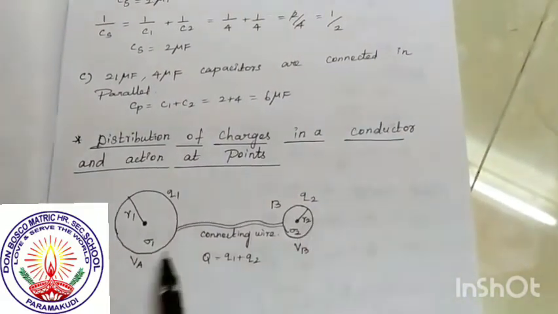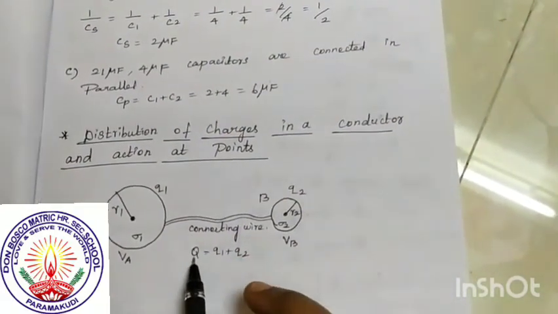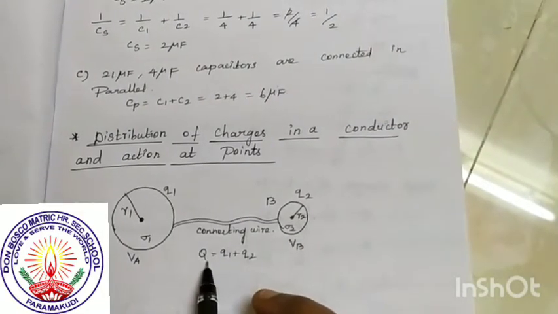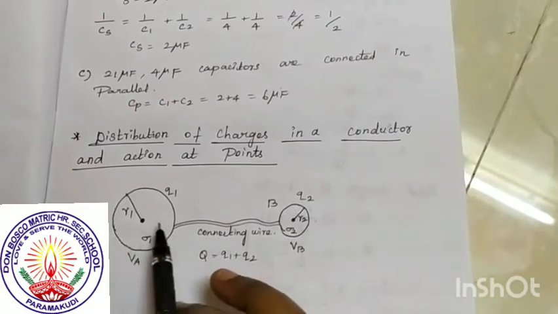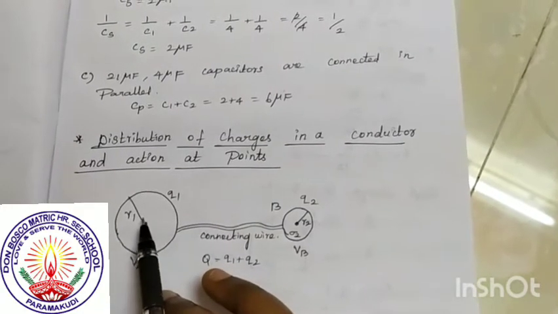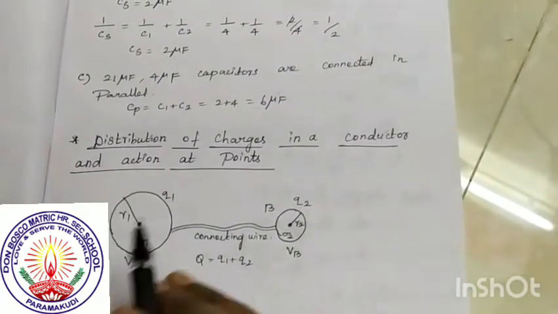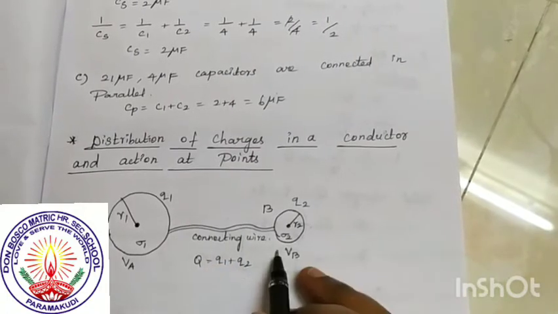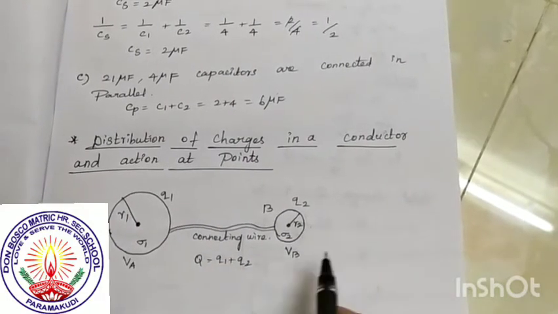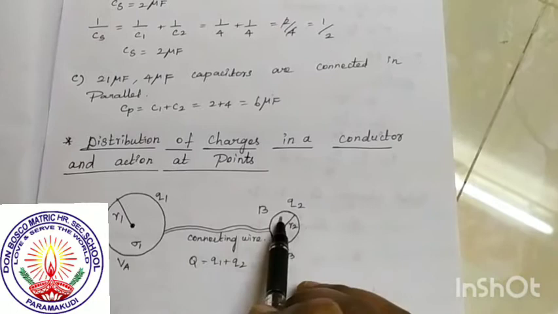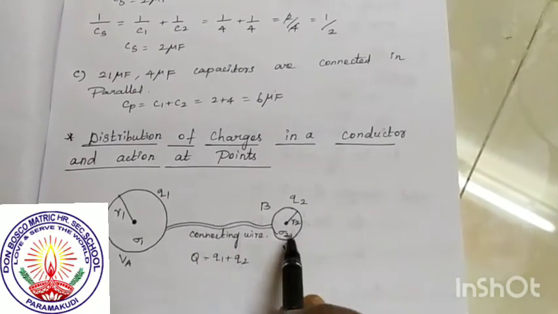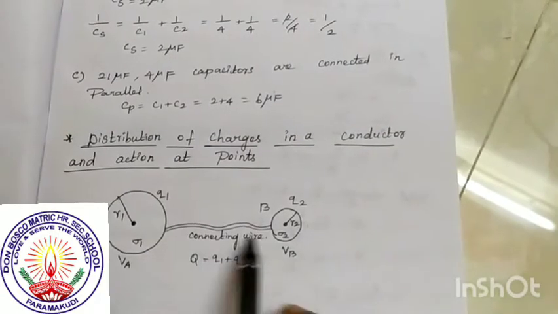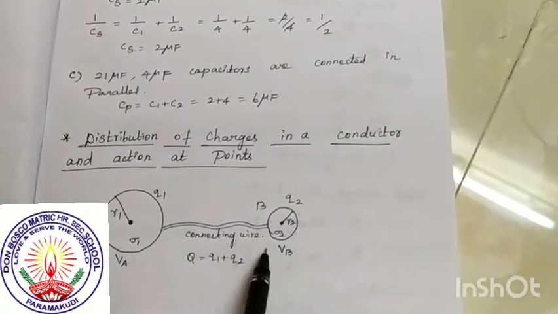So already we know what Q is. Q is the charge. The charge is introduced into one of the spheres. So we apply the charge. The charge Q is redistributed into both the spheres. So the electric potential is the same in both spheres. Electrostatic potential is the same in both spheres, sphere A and sphere B.